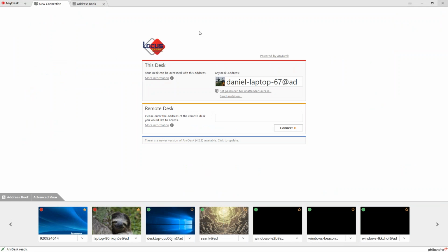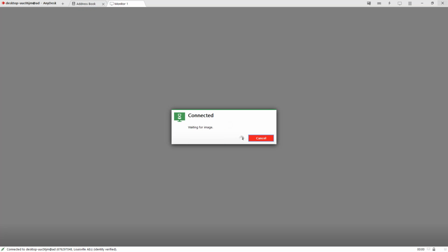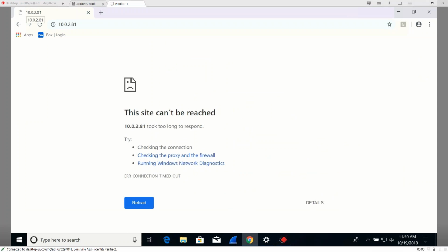So AnyDesk is just any kind of remote desktop application like TeamViewer or LogMeIn, you guys might already be familiar with. Locus Energy has some licenses available for AnyDesk, so we can download this. Basically, once you type in the specific remote desk IP or ID for the laptop that is connected to one of our cell modems on AT&T, VPN 21 or 28, you'll be able to access that as you would need to for troubleshooting. So, for example,